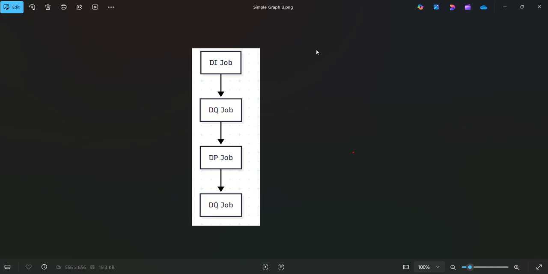It's a DI, which stands for data ingestion job, followed by a data quality job. Again, my transformations with business rules, that's a data processing job. Again, a data quality job. So the idea is to think,